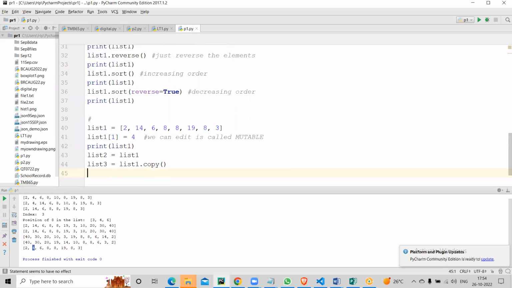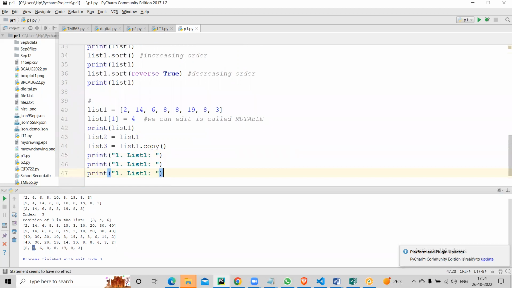Now if you print list one, list two and list three values,